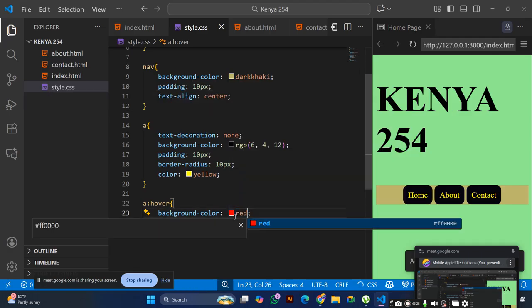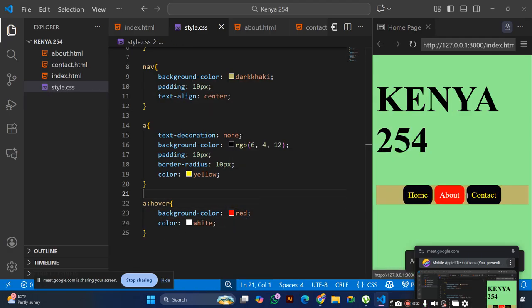If somebody hovers the mouse, the background color changes. Done.